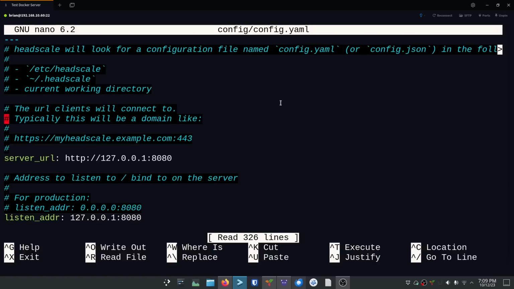So right here, the URL clients will connect to. I want to have this where my clients can actually get to it over the internet. So I'm going to give it a fully qualified domain name like their example up here. What they have is your clients are going to try to connect over this 127.0.0.1. So I'm just going to go here and take this out. And I want it to be an HTTPS service, but I'm going to leave it as HTTP for now. So I'm going to call this